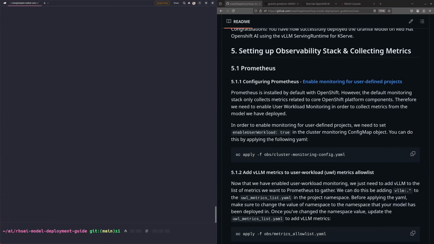So the first thing that we're going to have to do is configure Prometheus. Prometheus comes installed by default with OpenShift. However, the default monitoring stack only collects metrics related to core OpenShift platform components. So we're going to need to enable user workload monitoring in order to collect metrics from our model. In order to enable it, you basically just set enableUserWorkload: true in the cluster monitoring config map